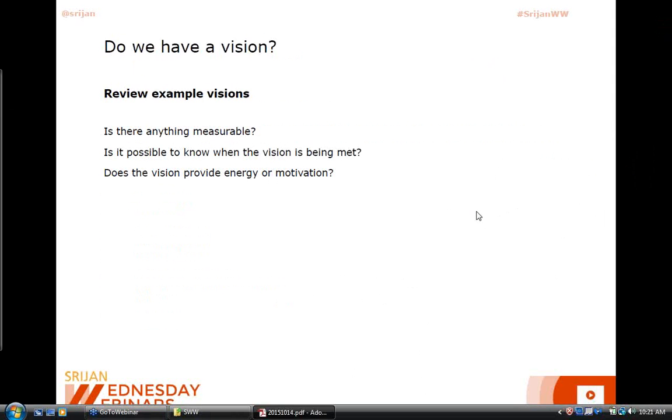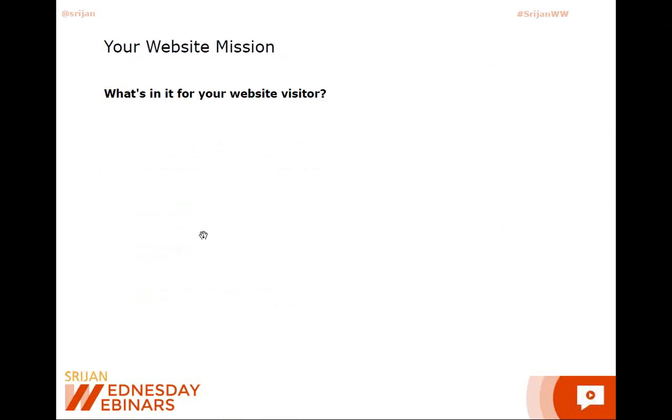So one example of a vision is where you'd have something specific that you would say: my website, when it's functioning the way I want it to function for me, will generate $10,000 a month in consulting fees. That's an example of a vision. So the next piece that you need to look at, once you have an idea of the vision, once you've answered what's in it for you, is your website mission. And that's where you answer what's in it for your website visitor. Okay?